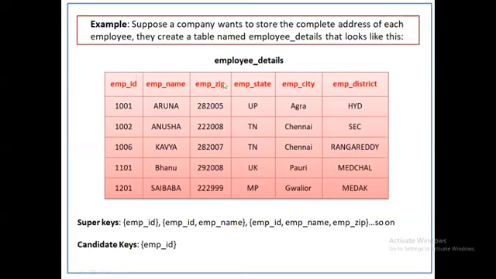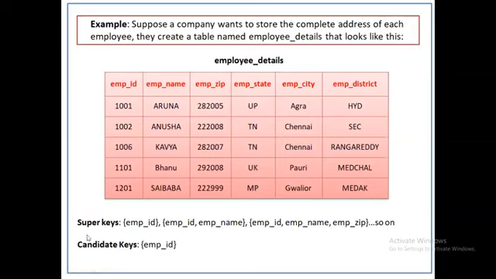So in this relation, what do I have to do? Obviously you have to avoid this employee zip dependency. Clear? Now this table has a transitive functional dependency. In third normal form, the second condition is that we have to avoid transitive functional dependency, because employee district depends on employee zip, and again employee zip depends on employee ID.